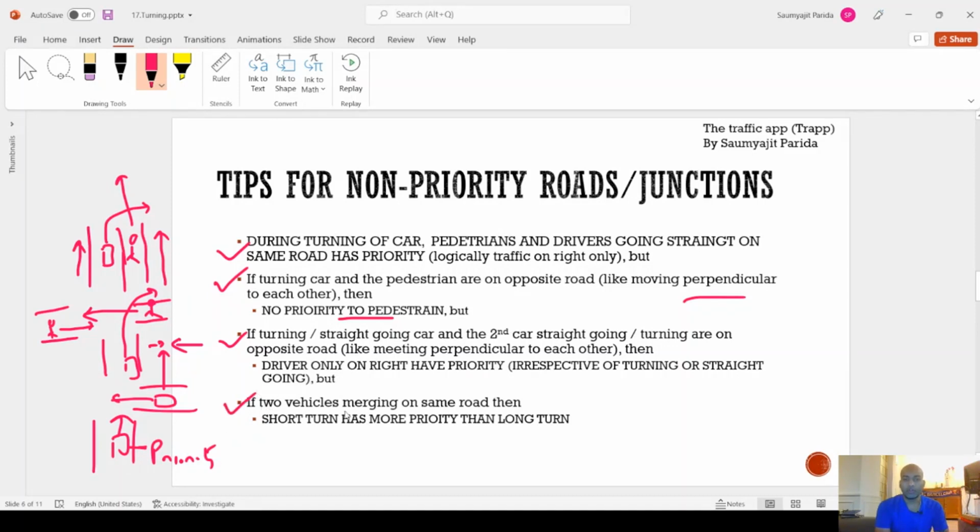Last point: if two vehicles are merging on the same road, then the short turn has more priority than the long run. This one we already saw in the last slide, but I'm explaining it again as a revision. For example,